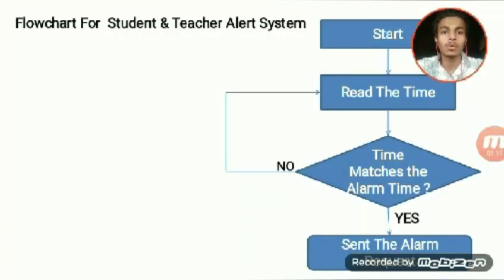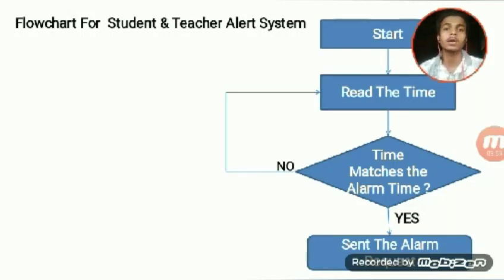Okay, this is the flowchart for the student and teacher alert system. So this was done with Google Firebase and the Android application. The timetable is set by the admin login of the HOD. So whenever the particular lecture time is present, that is, if the lecture is at 10 am, then at 9:55 am the particular teacher is alerted by the teacher lab module that your lecture is in a particular class of a particular subject. Then the teacher has to send feedback by pressing the push button switch.